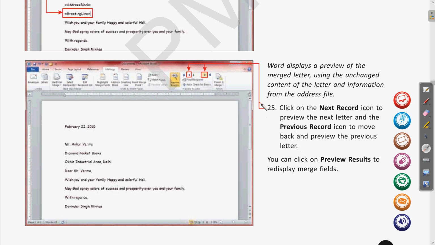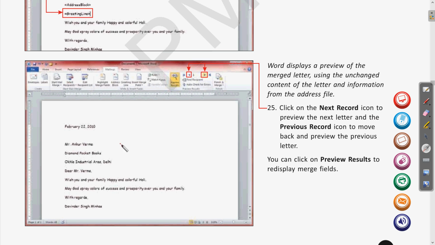So as we have just seen that we have the next and previous buttons, using these buttons we move from one address to another, and the document page is the same, only the address block is changing and the salutation line, the greeting line, is changing. Clear?